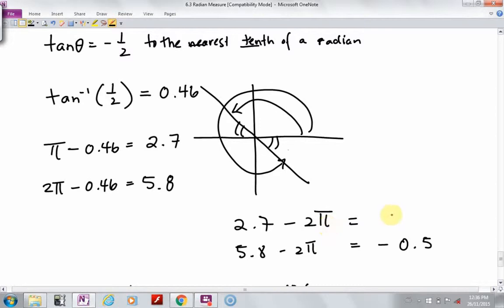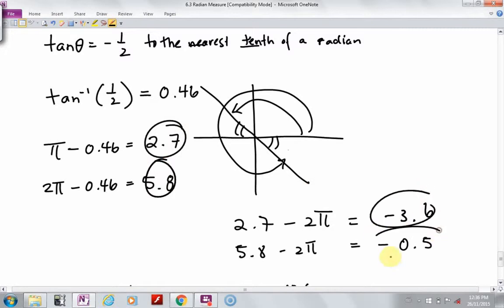Negative 3.58. So negative 3.6. Okay? So those are the 4 solutions in that domain. Okay? Are we all right with that? Okay, so it's going to take some practice, which means